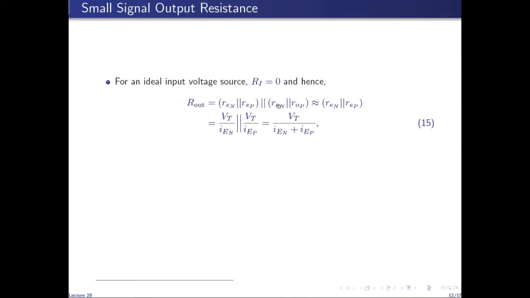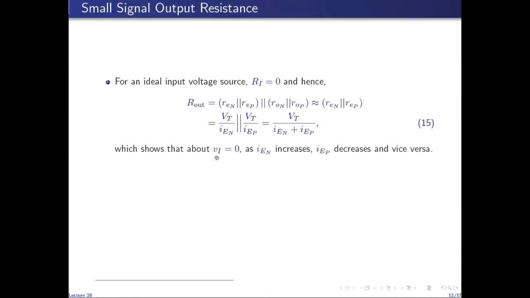And since Ro is much greater than Re, this parallel combination is much greater than this parallel combination, which means that Rout is approximated by the parallel combination of REN and REP. REN is VT over IEN and REP is VT over IEP. So you can open up this parallel combination and simplify it to get this expression. So what this expression shows is that